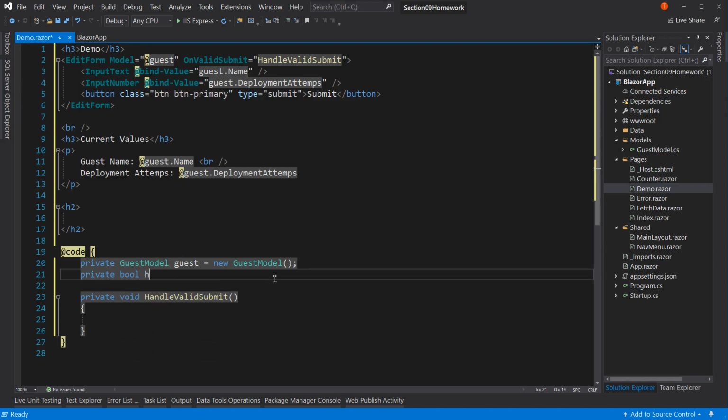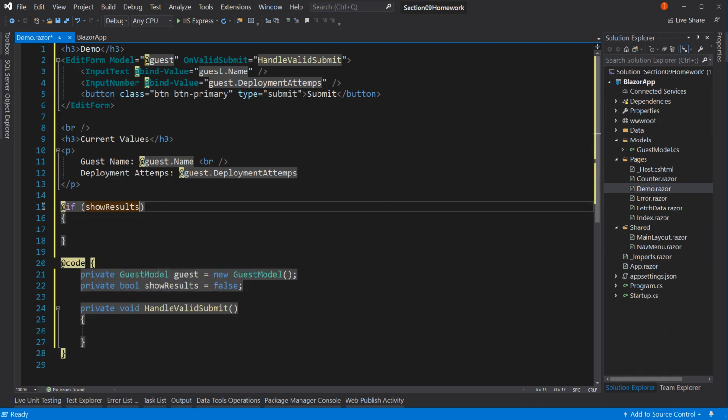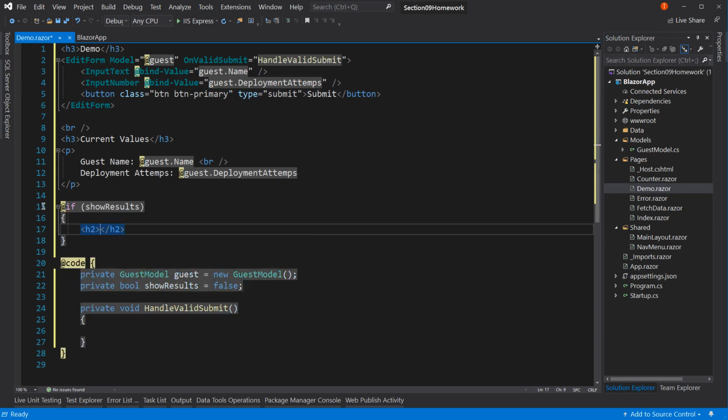And it's going to be hide results, or no, showResults equals false by default. And then we're going to say if showResults, then have that h2 tag. And that h2 tag is going to say, let's have our name first,